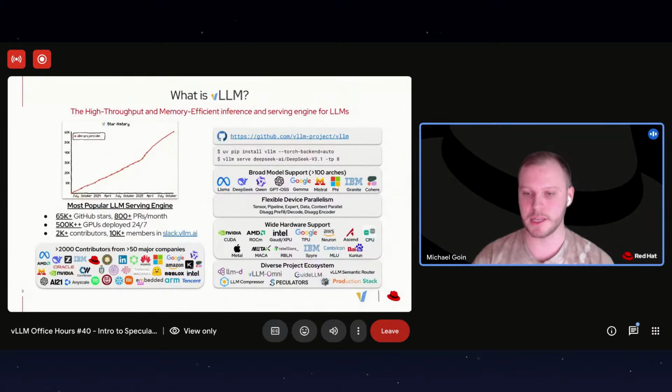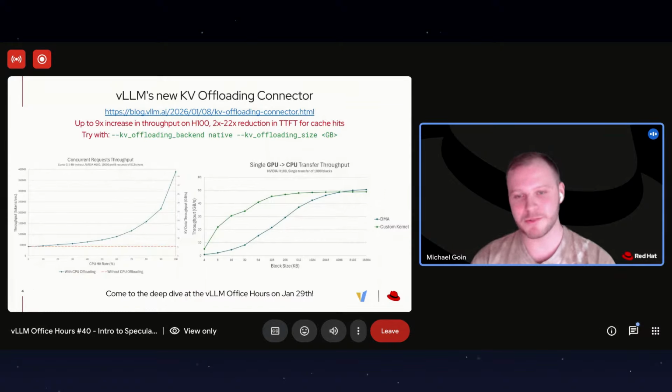And as I already mentioned, vLLM as a project is not just vLLM itself, but a diverse ecosystem of projects like vLLM Omni, GuideLLM, Semantic Router, Production Stack, LLMD, and we're constantly growing the ecosystem of projects within the vLLM project, not to mention all the open source projects that build on top of vLLM as that abstraction layer for LLM inference. So as I mentioned, we unfortunately don't have a release to cover this week, but I do